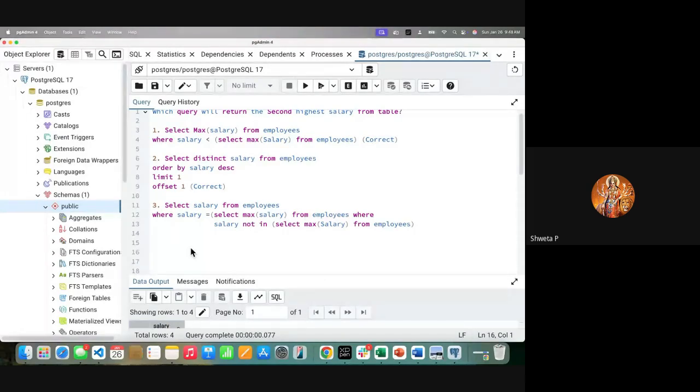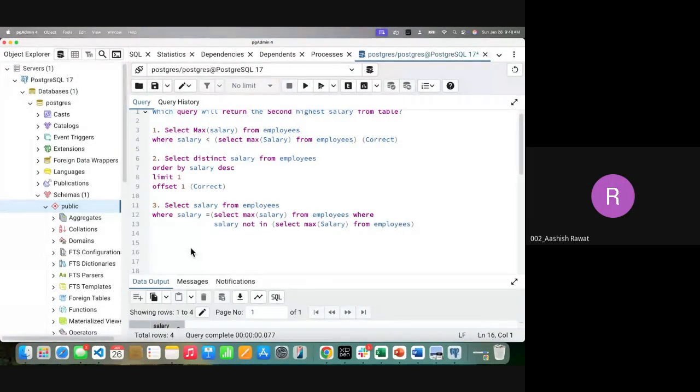The top salary has been removed, and now it is saying that salary is not in the max of salary, right? Whatever is below it, it will sort, and I'm not sure whether this will give the second highest salary or not.